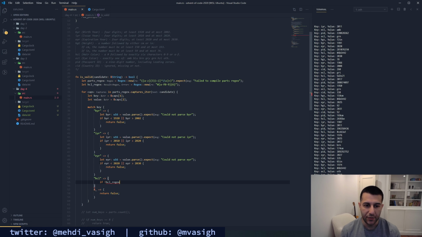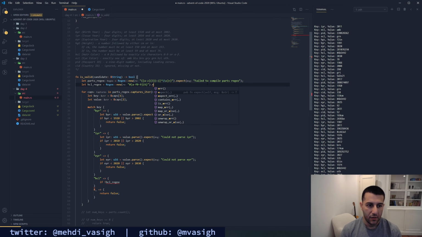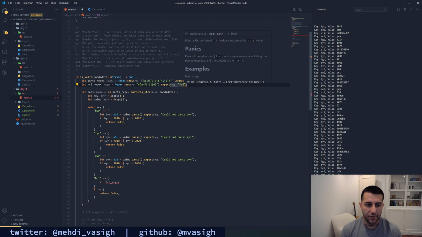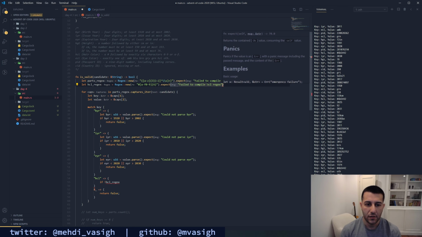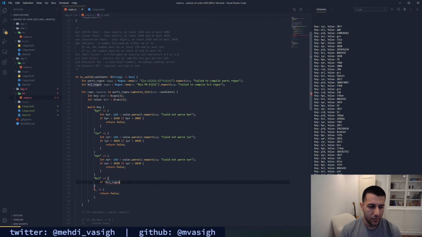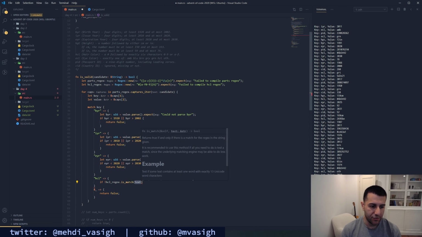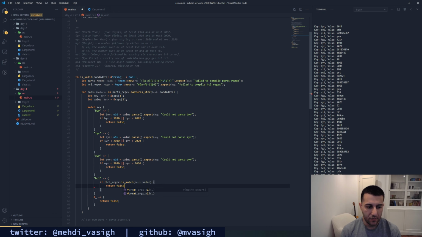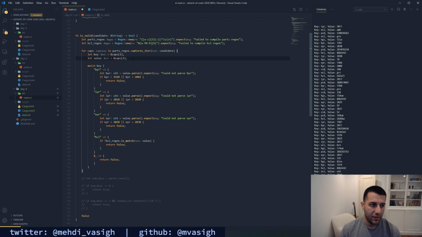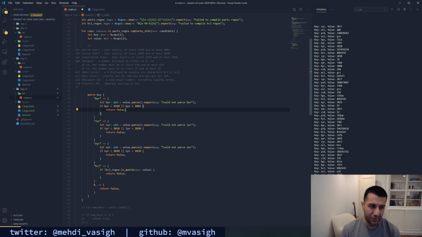We do need to unwrap it, or expect fail to compile HCL regex, is match value. So if it is not a match, return false. I'm going to grab this one and bring it down here so it's closer to our code.